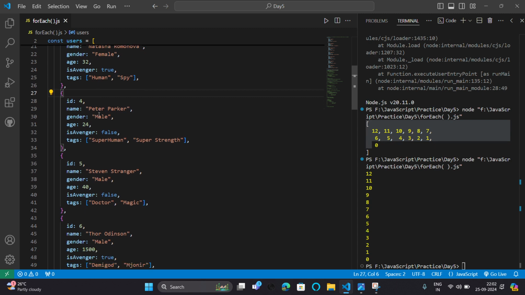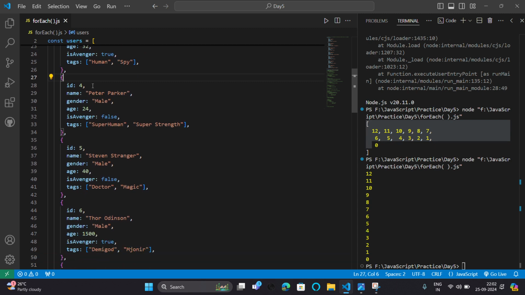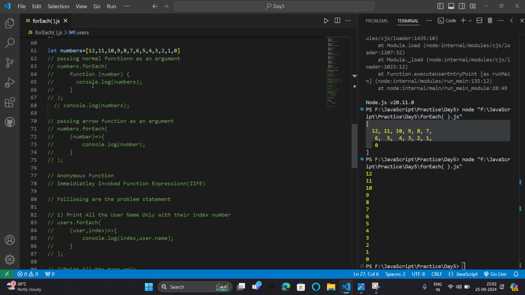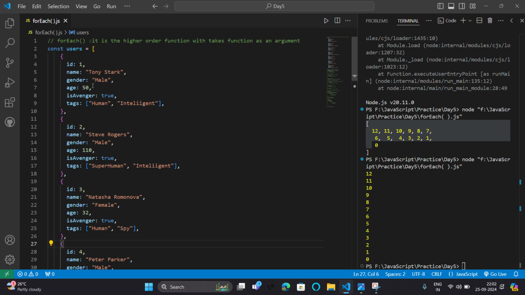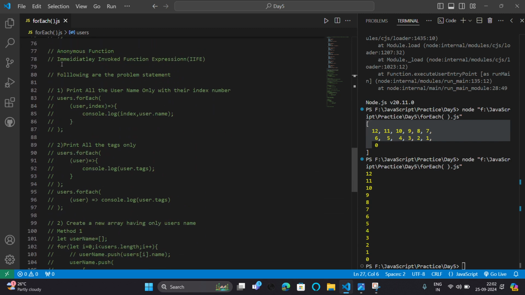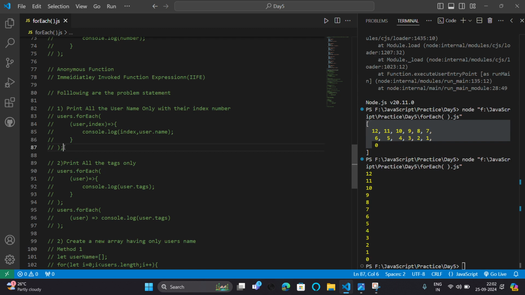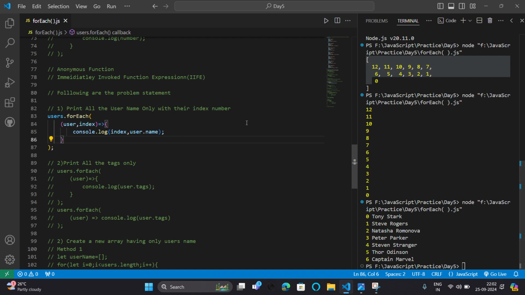Here's the array of objects. I just have to print the username with their index, so the name and that particular index as per their name. If I run it, it gives the name and the index.